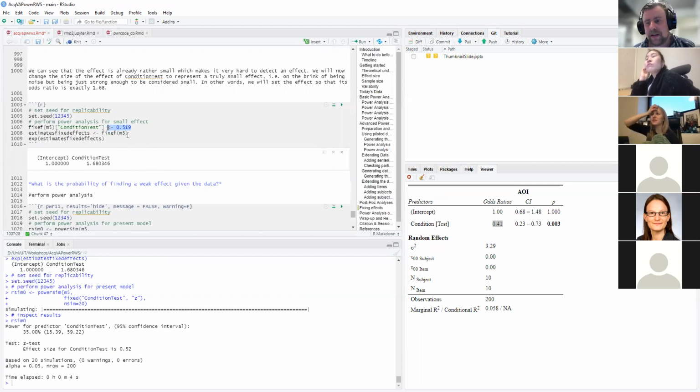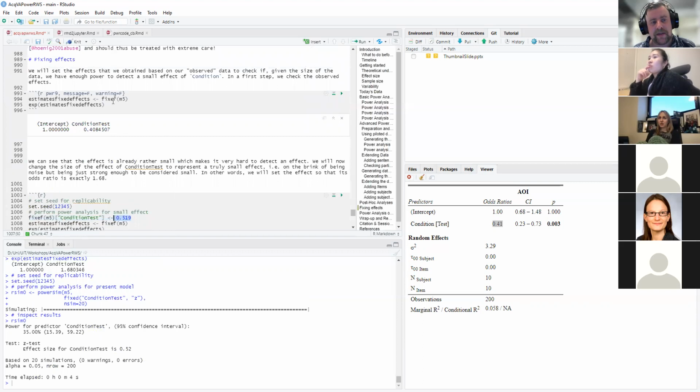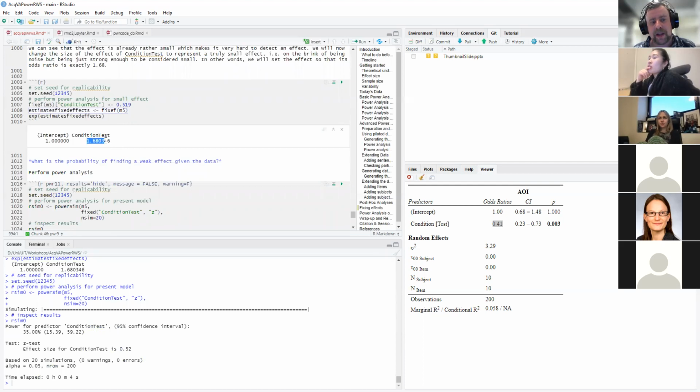Oh, and sorry, how did you convert the odds ratio to 0.519? So here I just set it. I basically tell the model the fixed effect of model 5 that has the name condition test, which is this here, right? Should have a value of 0.519, right? And so this means, forget about this value, I want you to override this with this value, right? And then here we extracted the same thing for the model as it was reported. And here you see it's 0.408, so 0.41, right? Now that we've changed it,